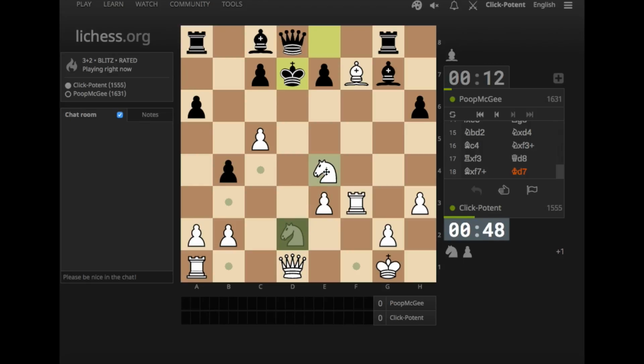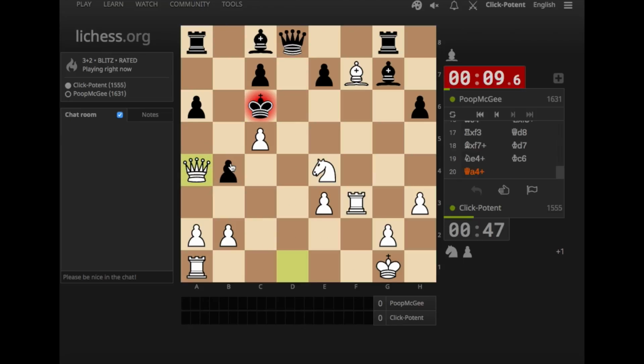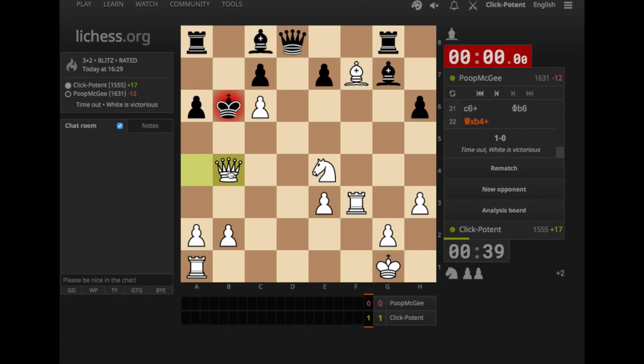Let's play this discovery move, discovery check. And we have another check here on a4. And where's the mate? Where is the mate? Let's play c6. And take here on b4. He's low on time. And there we go. So I think he had to play